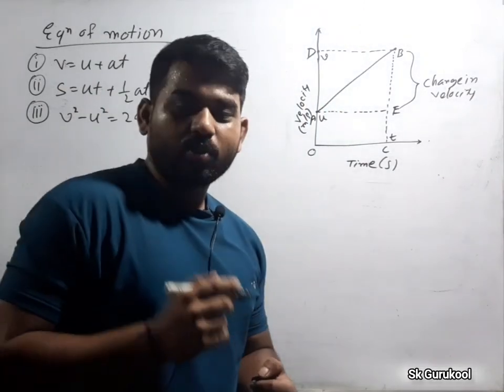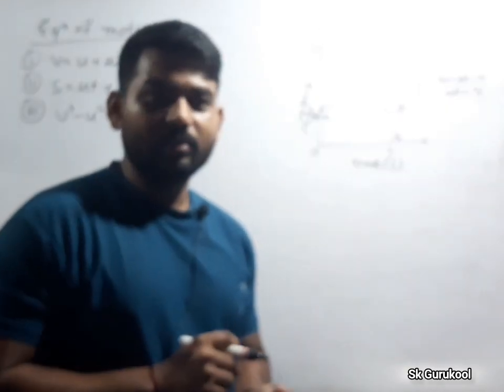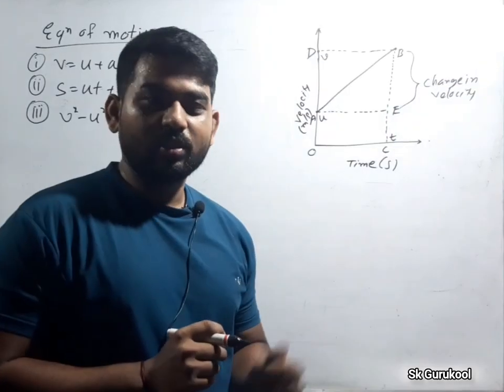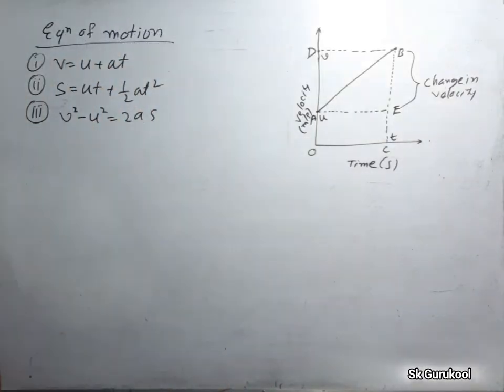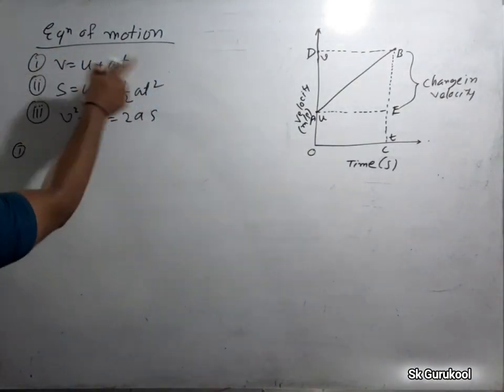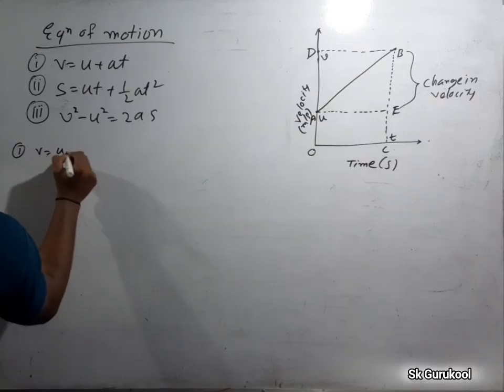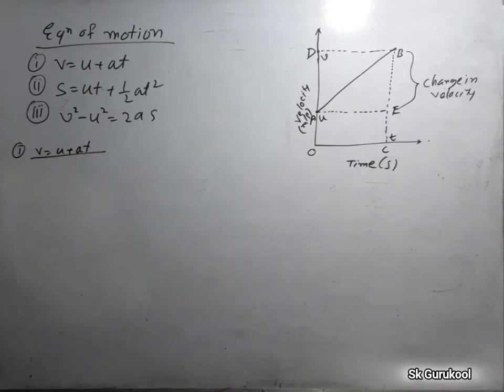Now we have got a quantity, change in velocity, which gives us acceleration. How? Acceleration is equal to change in velocity by time, okay. So we are going to prove first this formula, v is equal to u plus at, okay. So first of all we are going to find out